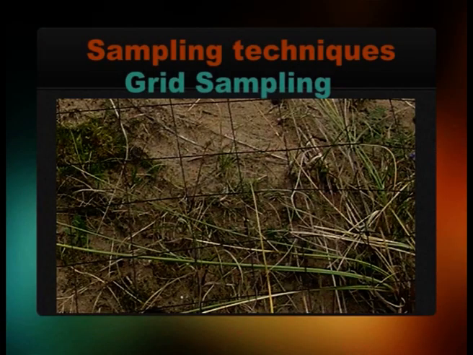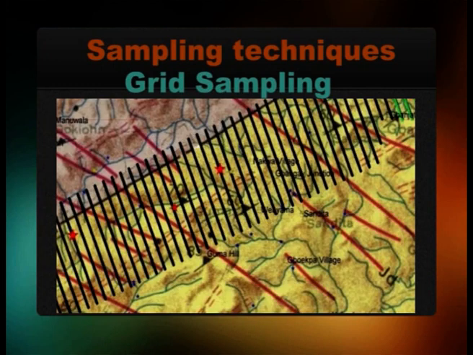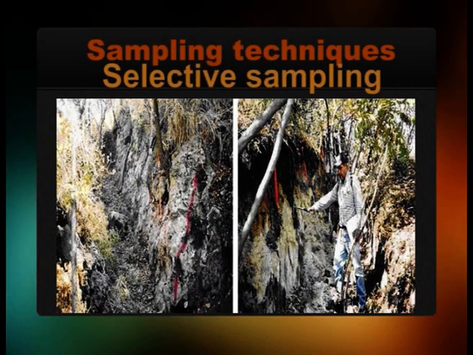Two common types of grid sampling include grid cell and grid point. Grid cell soil sampling randomly collects either one or multiple subsamples throughout the cell for a composite sample. Grid point soil sampling collects one or multiple subsamples around a georeferenced point within a grid or at a grid intersection.